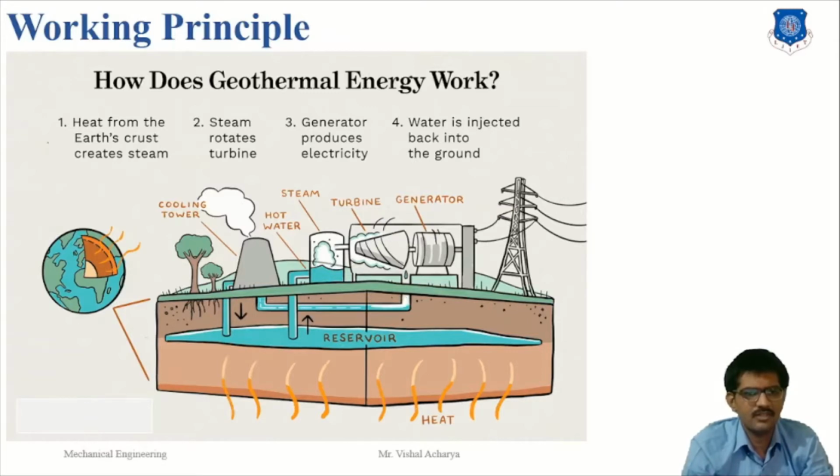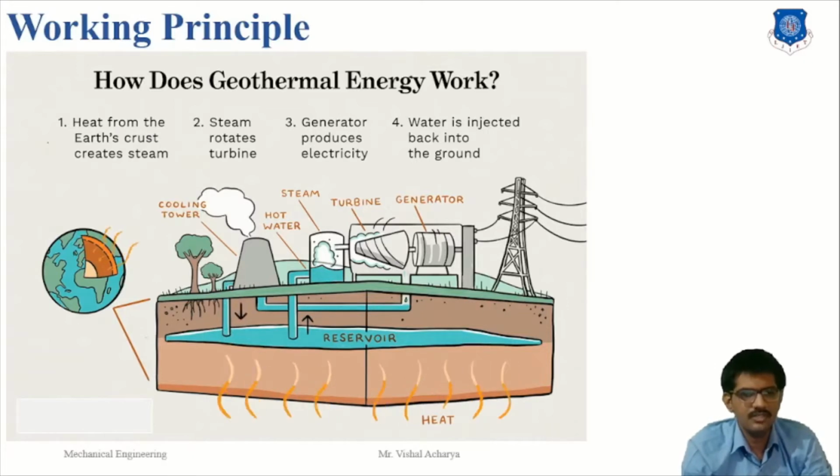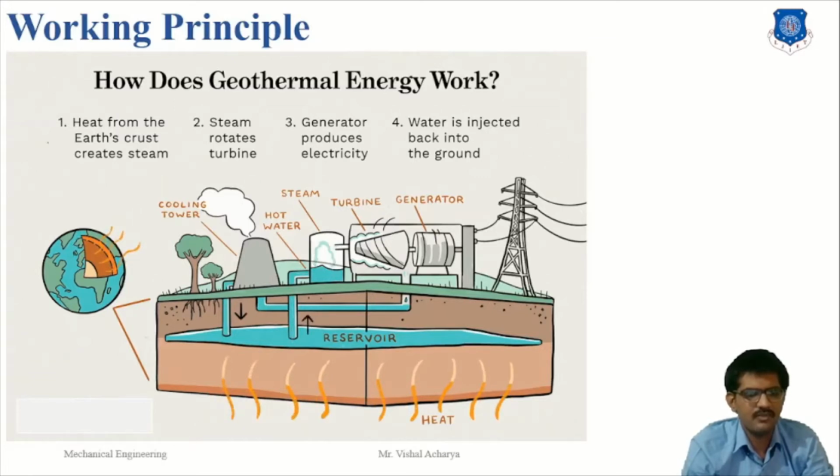If we talk about the current situation, geothermal electricity is used in 24 countries and geothermal heating is used in about 70 countries. If we take the history of the geothermal power plant, in the 20th century the increase in electricity demand created the necessity to discover other resources to produce electricity. It was on 4 July 1904 that Prince Piero Ginori Conti tested the first geothermal power generator in Larderello, Italy. This lit four light bulbs.